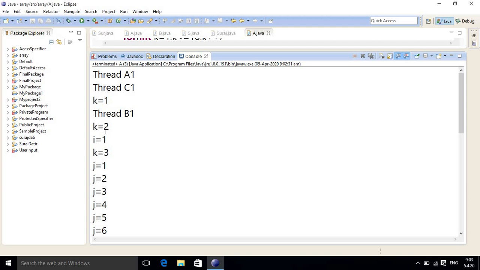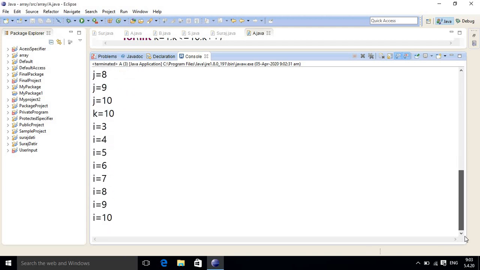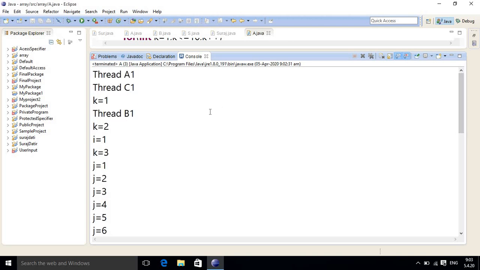After that it is going on C1, because in C1 we are showing k. Again it is switching to A1, then C1, then finally B1 output is coming. So simultaneously all the threads are running. It is not completely showing one particular thread, and this output will vary from one system to another.